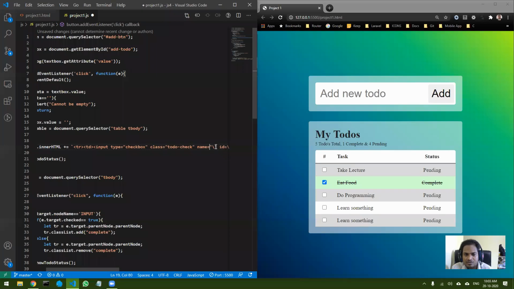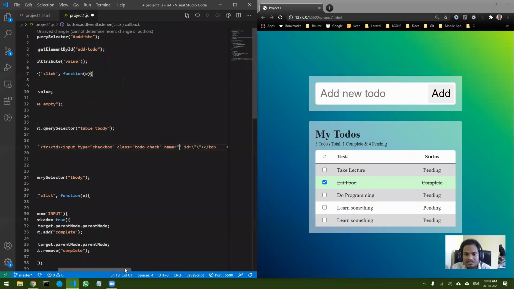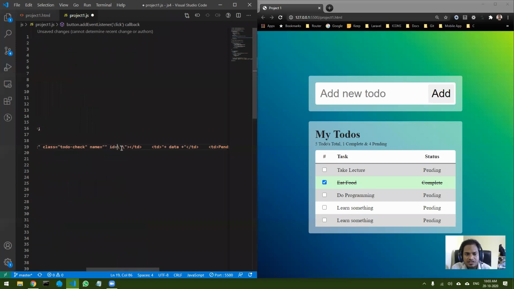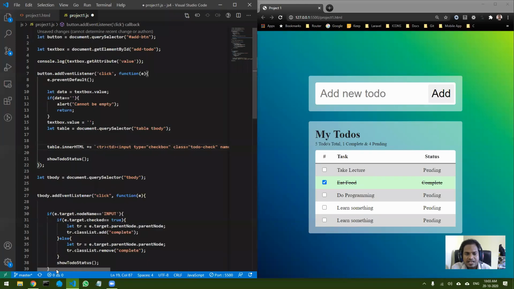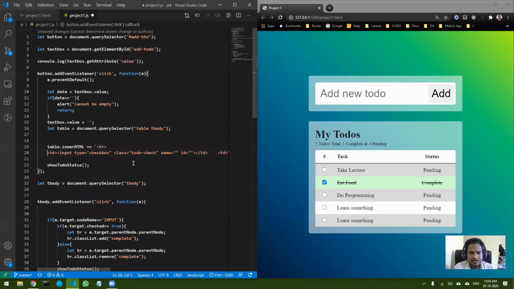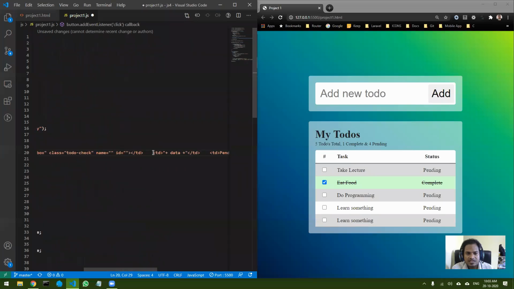Okay, so I don't have to escape the quotes. That is another very important thing. Okay, secondly, I can make it more organized. So right now let me just organize it a little.